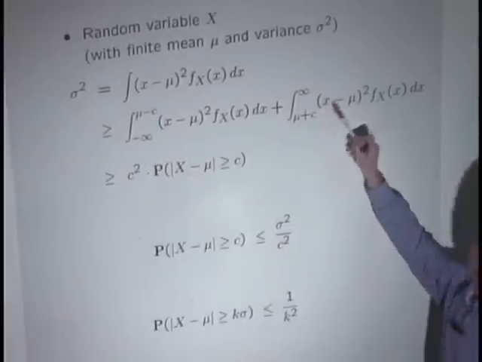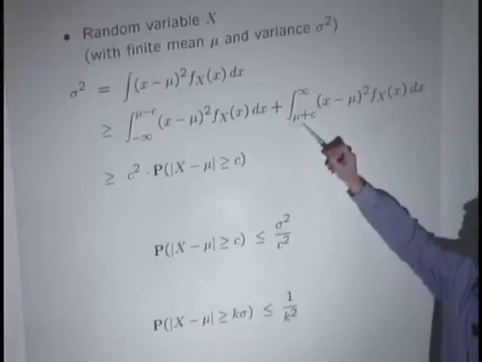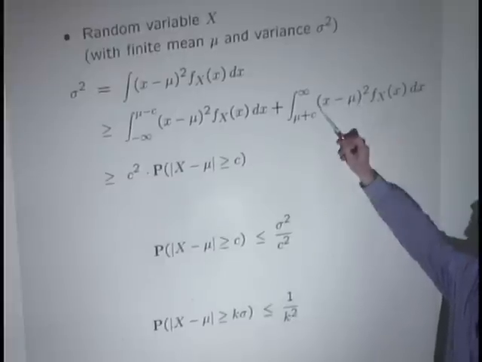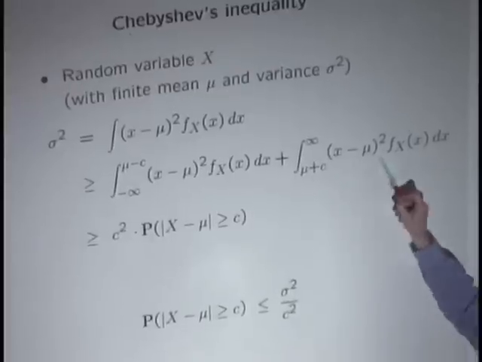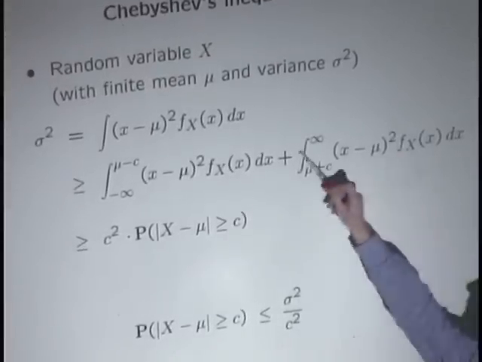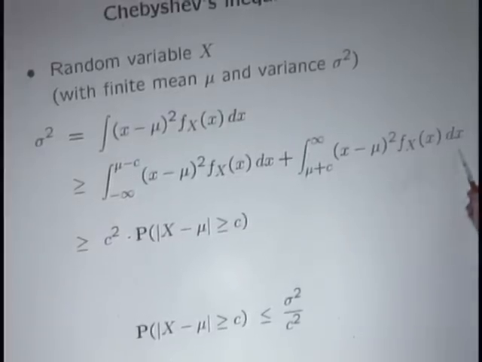And these are the x's that are far away from the mean on the positive side. So by integrating over fewer stuff, I'm getting a smaller integral. Now, for any x in this range, this distance, x minus mu, is at least c. So that squared is at least c squared. So this term over this range of integration is at least c squared. So I can take it outside the integral, and I'm left just with the integral of the density.